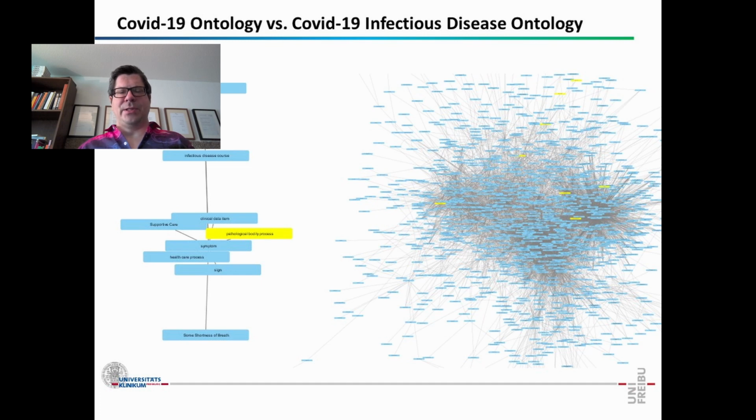In this picture, you see that you don't see much. We have compared the COVID-19 ontology versus the COVID-19 infectious disease ontology and found similarities and disparities. The problem here is that you don't see much. It is a huge network that is, well, not very useful, to me at least. So after generating this network with the similarities between articles or ontologies, we can see them in a two-dimensional network,